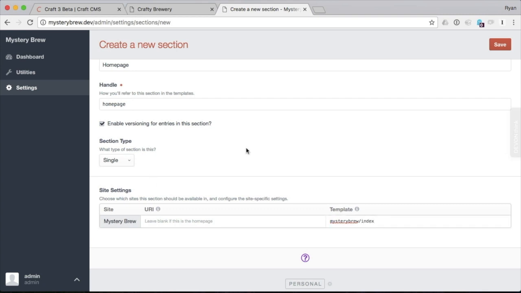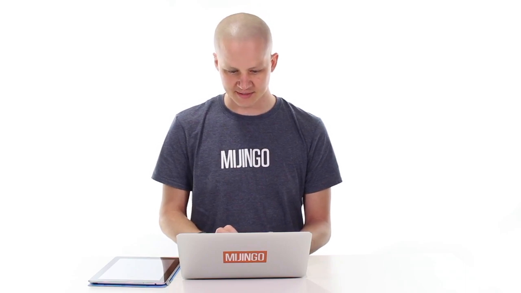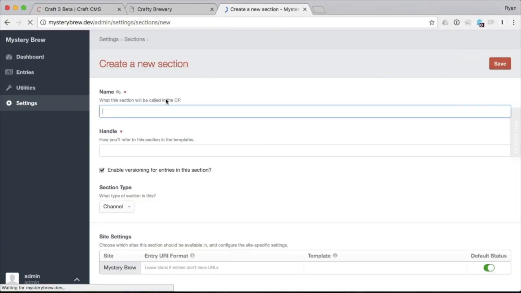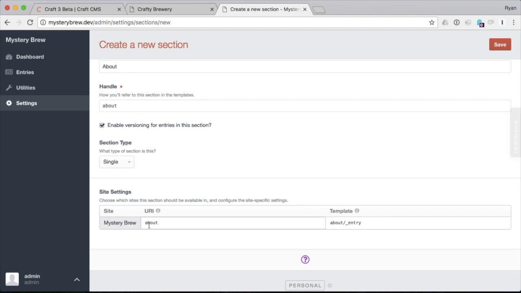And then for the templates, it'll be mysterybrew/index. All right. You can see we're going to do the same thing for every single site. So we just want to make sure that it's all consistent. And we'll create another single called about. And this one, the URI will be about, and then the template path will be